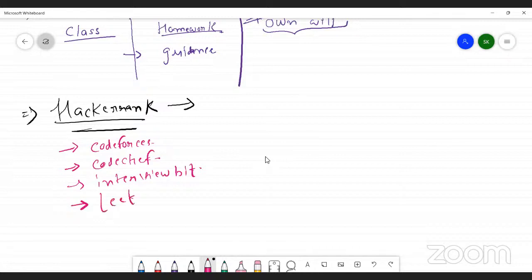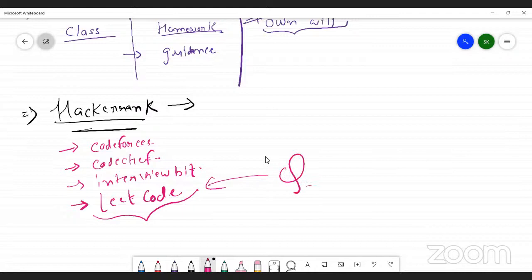Next is LeetCode. It's the very famous one because generally companies ask questions from it whenever they conduct a test of you regarding DSA. They just tell you to open LeetCode, and they will assign you some question, or they generally pick the questions from LeetCode, assign you some question, and ask you to solve it at that instant. Is it clear, guys?